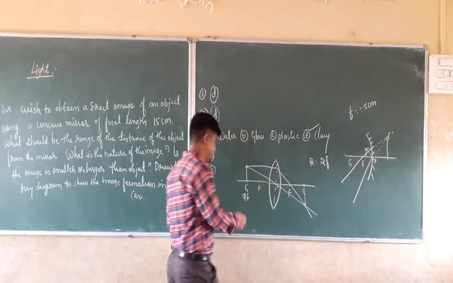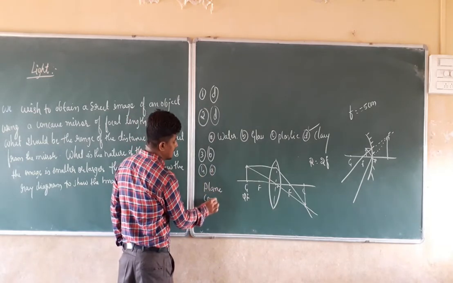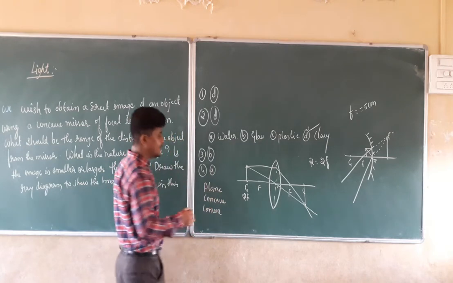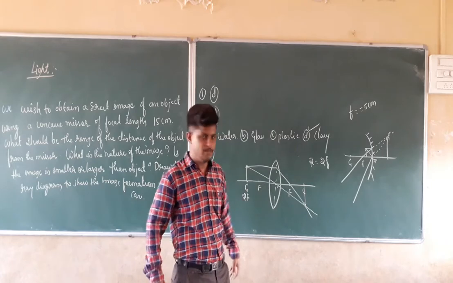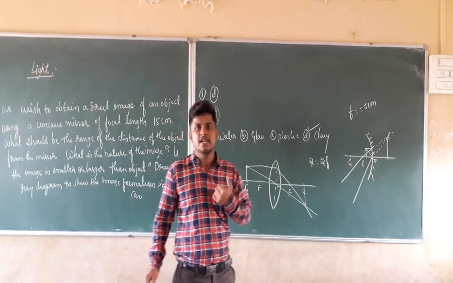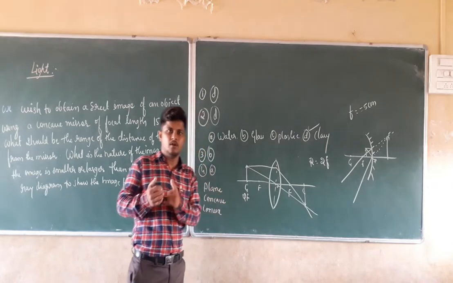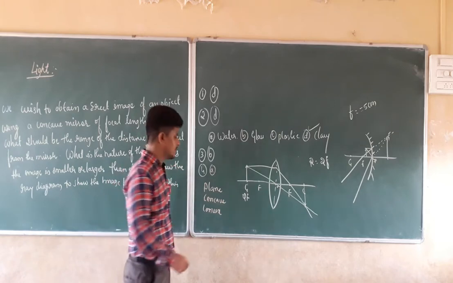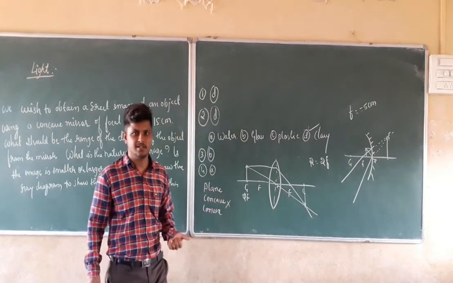If we take the examples of the plane mirror, the concave mirror, and the convex mirror. In a plane mirror, we are always going to get the upright image. But in the case of a concave mirror, we get an upright image only when we stand in between the principal focus and the pole of the mirror. So it is not possible to get an upright image in all conditions in the case of a concave mirror.